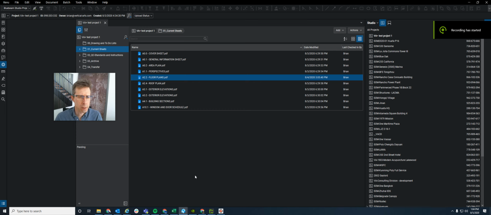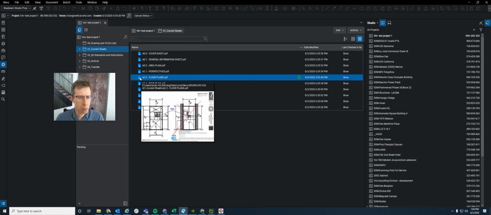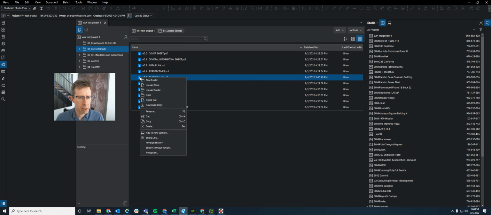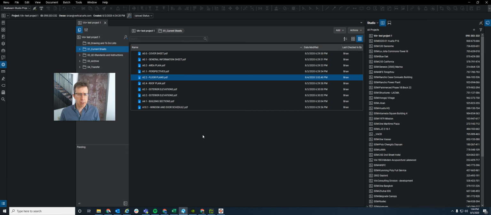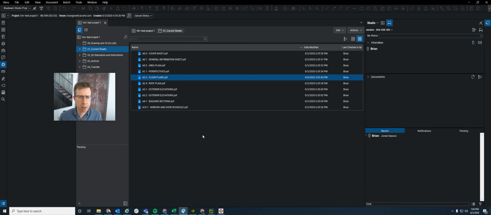Alright, now we're going to add PDFs to a session inside a Bluebeam Studio project. The way to do this is to navigate to a file and go to Add to New Session. Just give it a name, and it will now move that file to that session, mark it as checked out here, and start the session